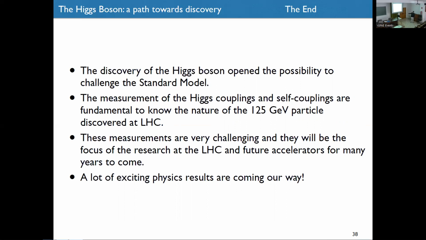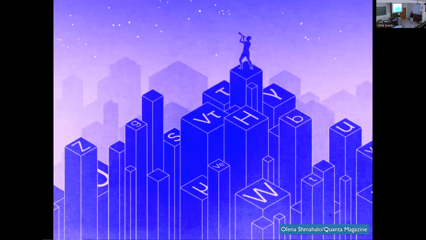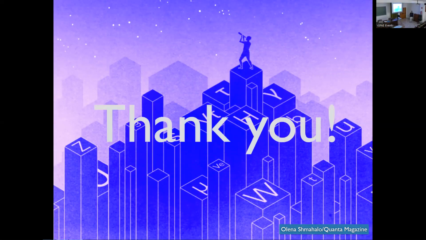So there is a lot of work to be done for all groups, theoretical and experimental. But there is a lot of exciting physics that hopefully is coming our way from the LHC and the accelerators. So with this hopeful image, I conclude my talk, and thank you very much for